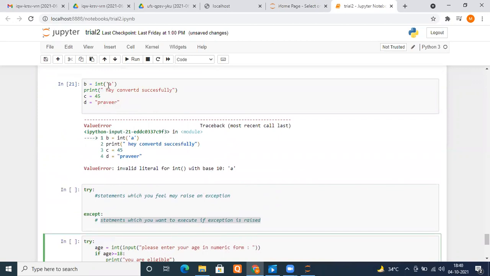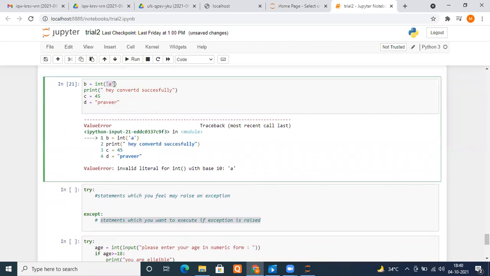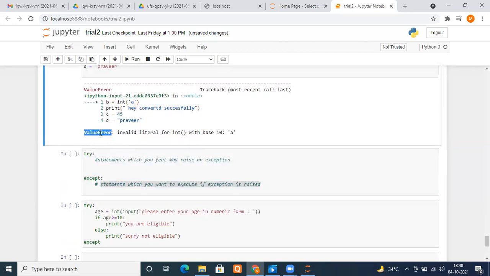For example, I'm trying to convert an alphabet into an integer, then what kind of exception is being raised? Can you see which exception is raised here? ValueError, right? So what I will do, I will take ValueError and say except